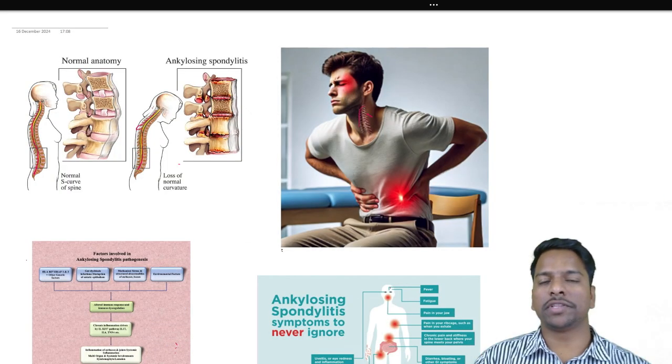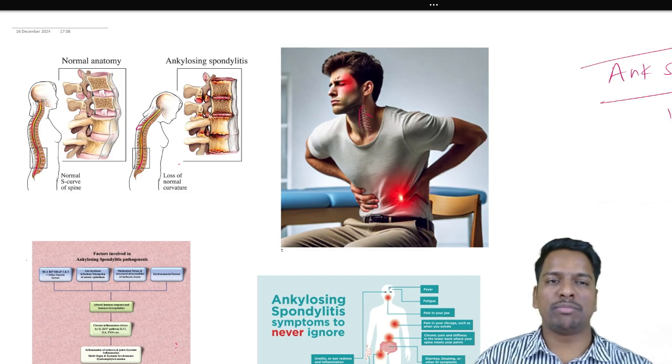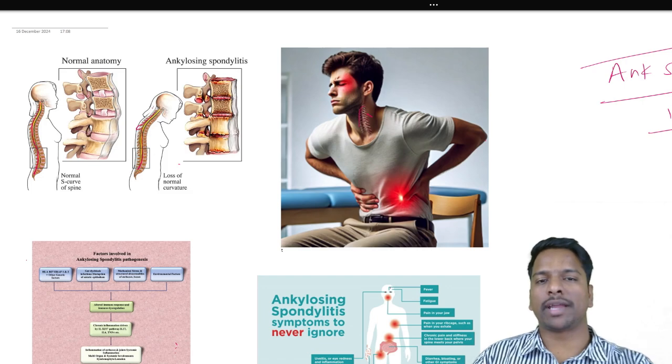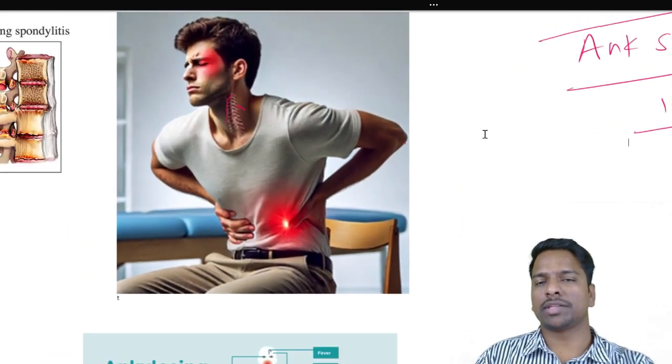So guys, let's start with the discussion of ankylosing spondylitis. It is as common as around 1.5 million people in the world have this. So let's start with the case first of all. This young gentleman is with us, and this young gentleman,